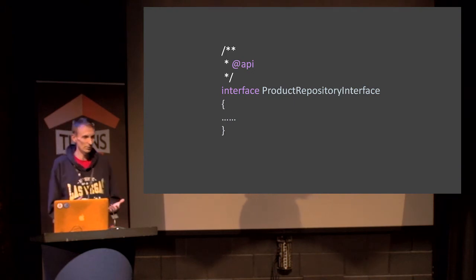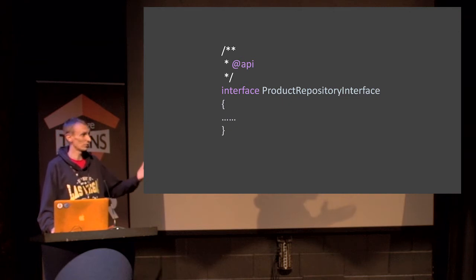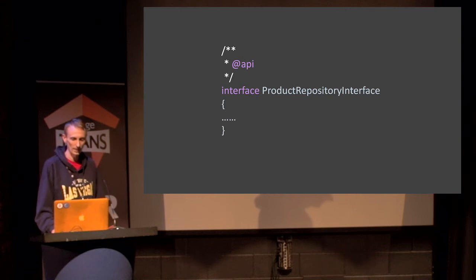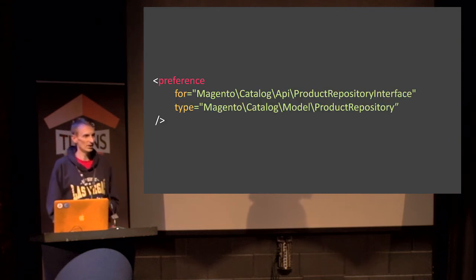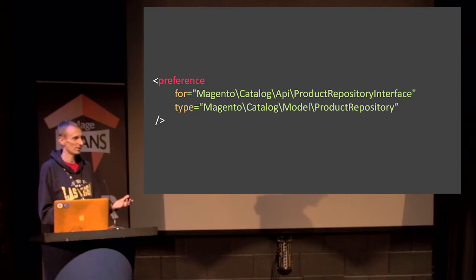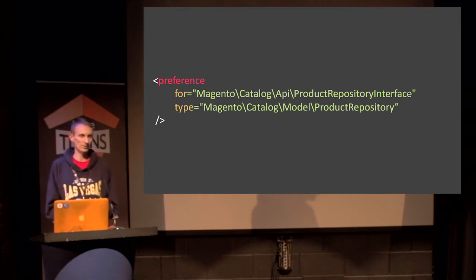Magento uses interfaces. Product interface, repository interface defines a service contract for what Magento thinks this class should do. And by using dependency injection and the preference XML tag, it means that instead of me having to modify the core repository class just to add get barcode instead of get SKU, I can add my preference and rewrite the class so it's open for extension but closed for modification.